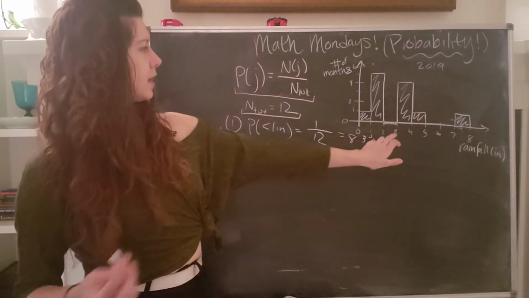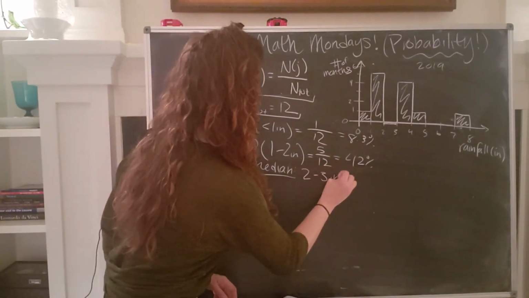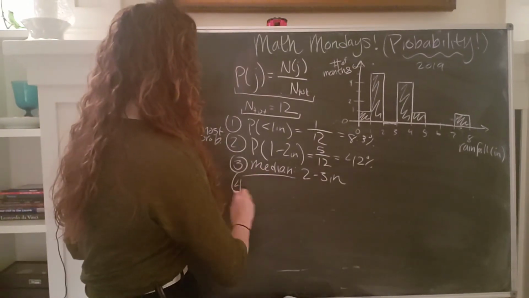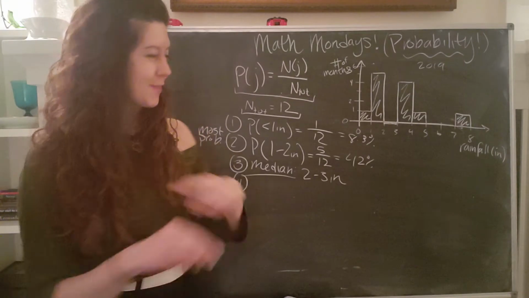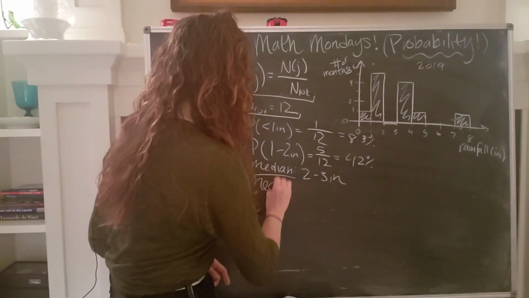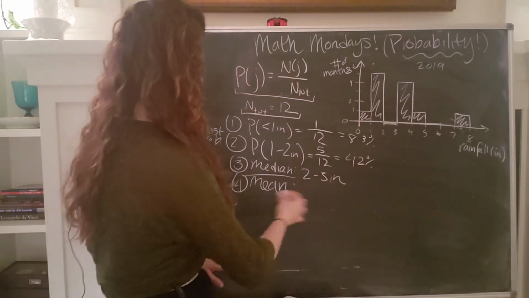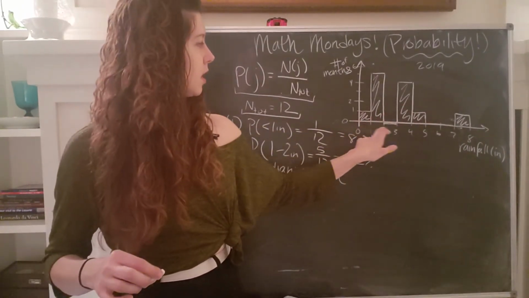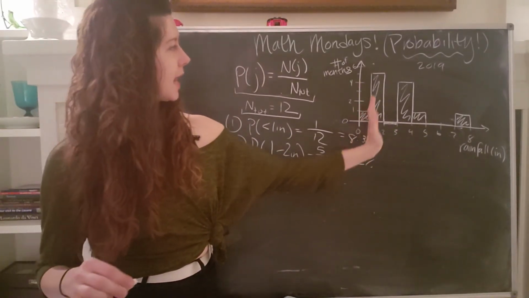So the median of our data set is going to be between 2 and 3 inches. Pretty cool, right? Okay, and now we can calculate the average or the mean of our data set. So this is going to be really, really important in quantum mechanics. The average of this data set is going to be the sum of each of these quantities times how frequently